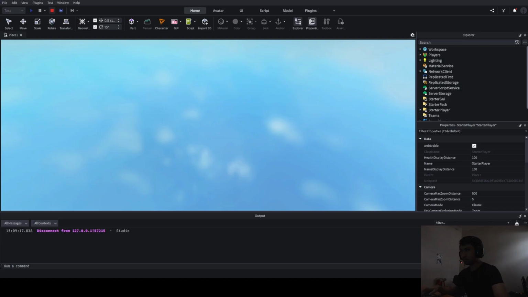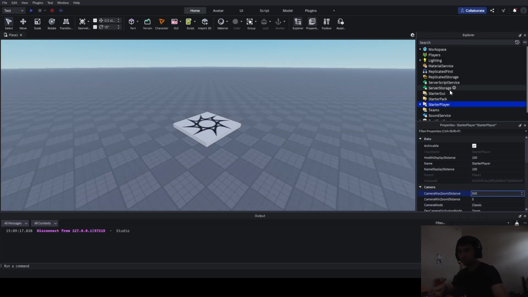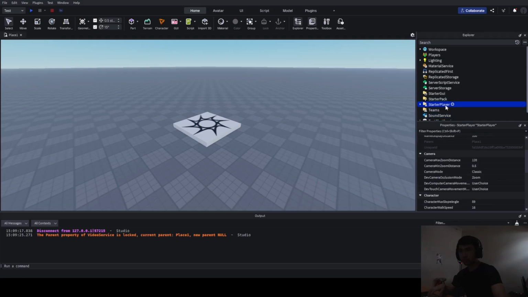Okay. Backspace really quick. Next thing is camera mode. So there's only two options: classic or lock first person. I think that was pretty self-explanatory. Now, dev camera occlusion mode is essentially a way for the camera to handle objects that are obstructing the character with the camera's view. So if I were to create a part just like this,